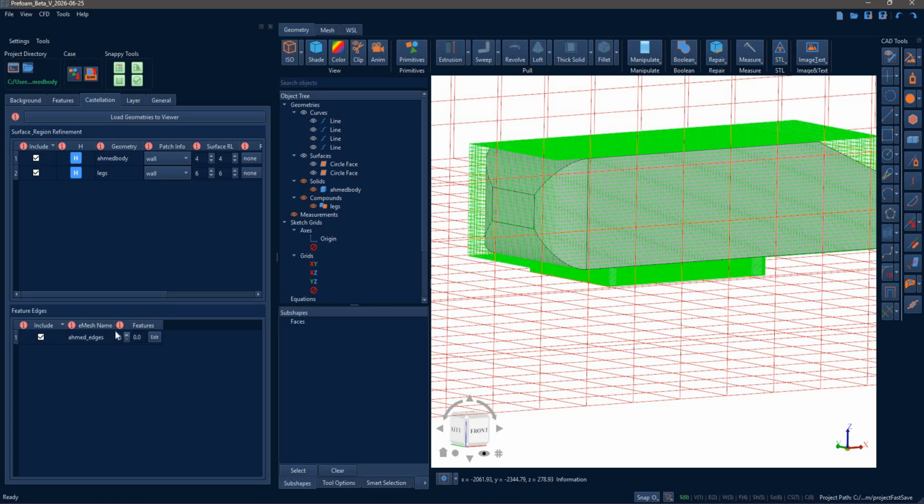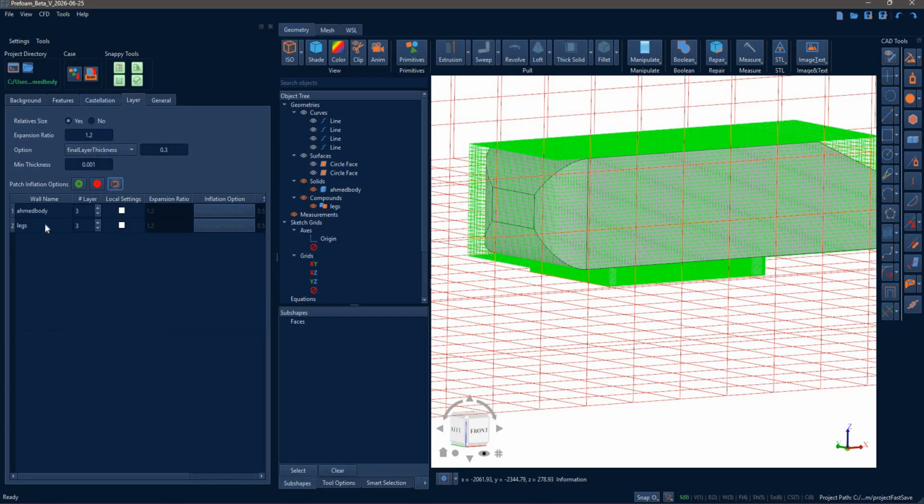If you want, you can also make the cells around the edges finer, but I will leave it as it is right now. As for layering, I want layers around the arm, body, and legs. So you can select the rows with Control, then right click, inflation layer, and it will move the layering here. I changed the option to final layer thickness to